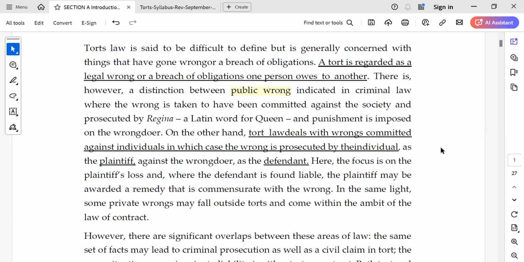Can you give me an example of what will come under criminal law or tort? Suppose tort is against individuals, so can it be theft? Theft is only against the individual, so he will file a case against the person who has committed the theft. No, no, no. See,